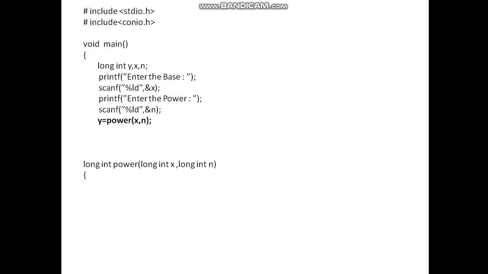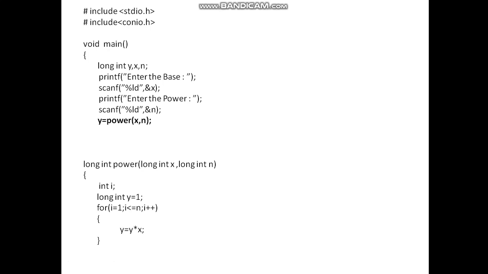Automatically it will go outside and call this function power. x is copied onto x, n is copied onto n. And I expect this function to find the value of x raised to n and return a large value. Again, for the calculation purpose, I need some variables. So let's say i as the loop variable and y as the result variable, which is initialized with 1.